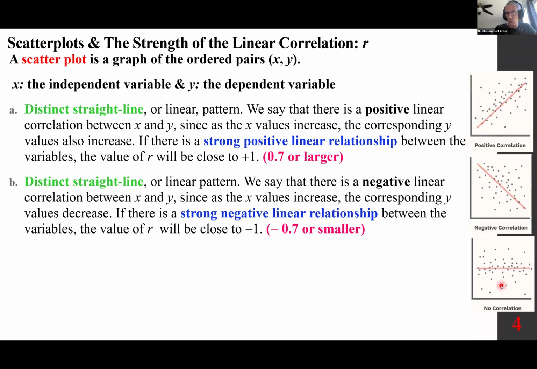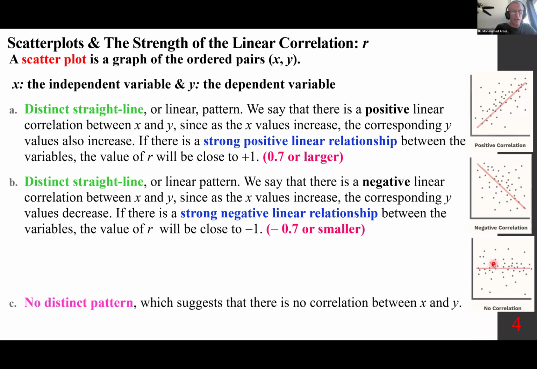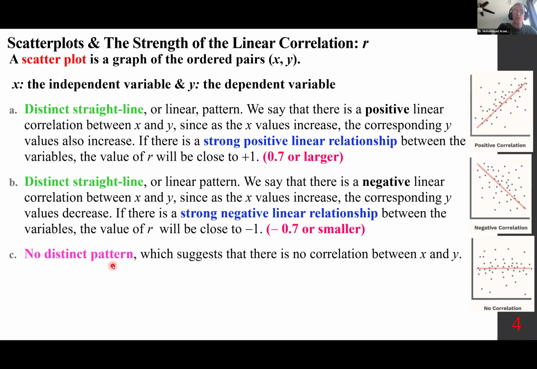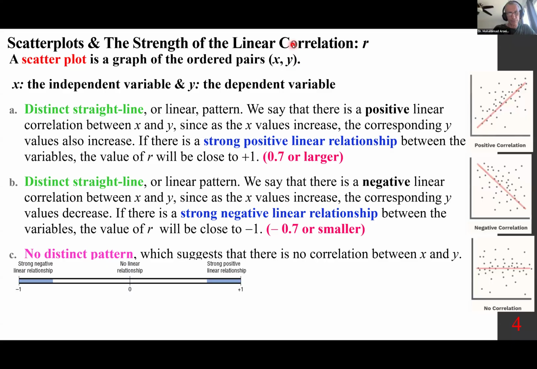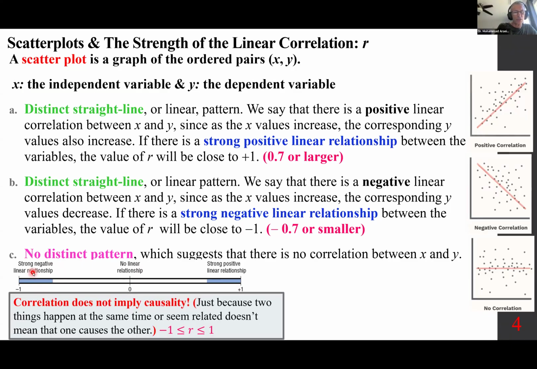And there is no correlation, as the dots are all over the map. In other words, no distinct pattern, which suggests that there is no correlation between x and y. More specifically, at this point, no linear correlation. So, as I mentioned, rho, which represents the linear correlation value, goes from -1 to 1. A 0 means no linear correlation. Close to 1 means strong positive linear